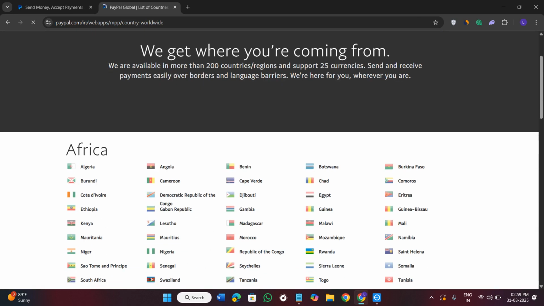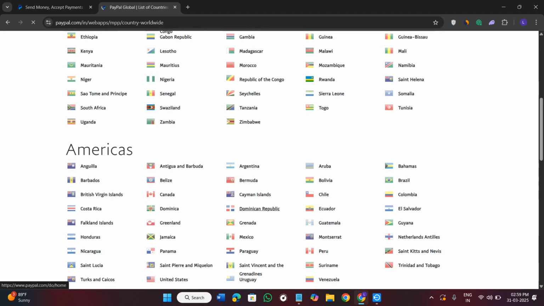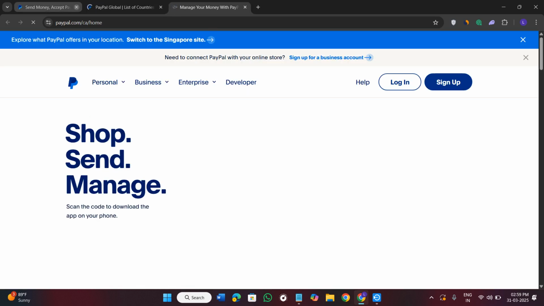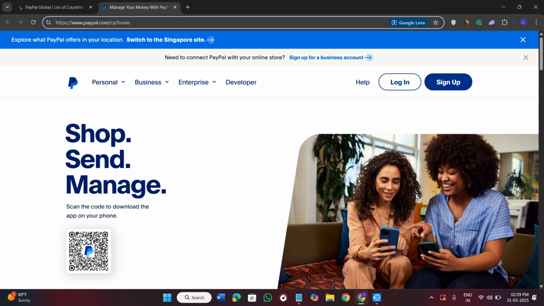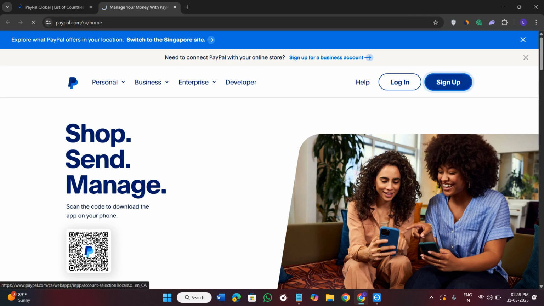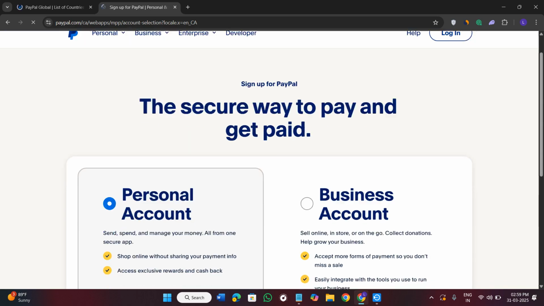Now here you need to just scroll down and here in the American continent, you will find Canada. So you need to simply click on it and then you will be landed on the Canadian URL of PayPal. Basically, it is the URL or the home page of Canada. So you need to simply click on the sign up option here and then you will be landed on this